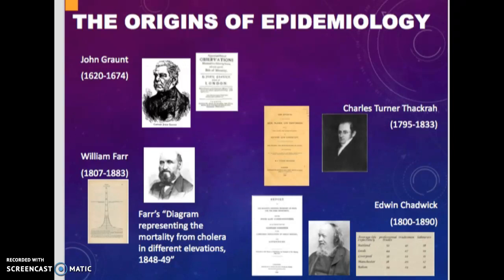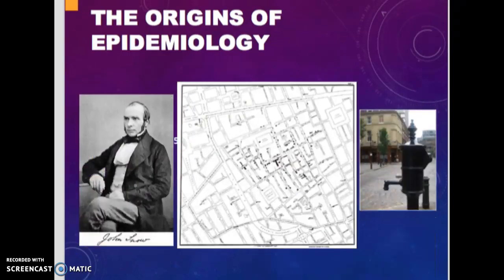Epidemiologists continue to study these relationships today. John Snow, who famously mapped cases of cholera in London in 1854, attributed the outbreak to drinking water obtained from the Broad Street pump. He convinced local officials to remove the handle from the pump, thus preventing people from accessing